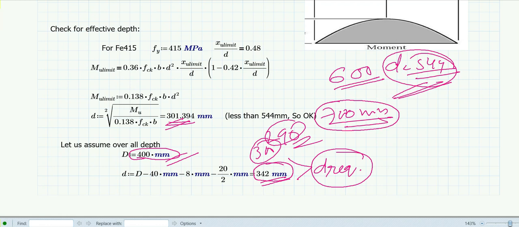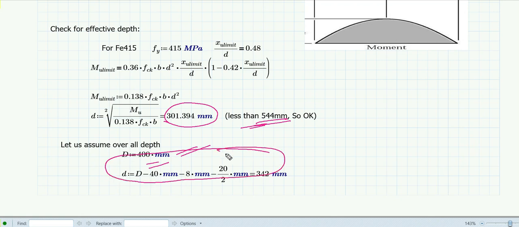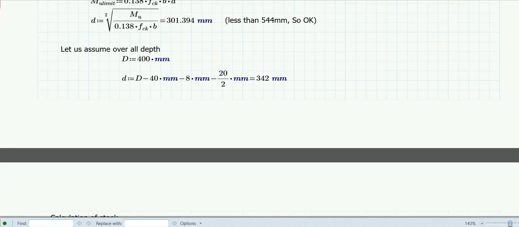But for this particular case, we found that it is less than the available, what we have provided, so it is okay. But looking at the economic perspective, we have reduced it. This step you can neglect also, but it is always better if you can make something which is very economical. Okay, now let's go to the later stages of our design.